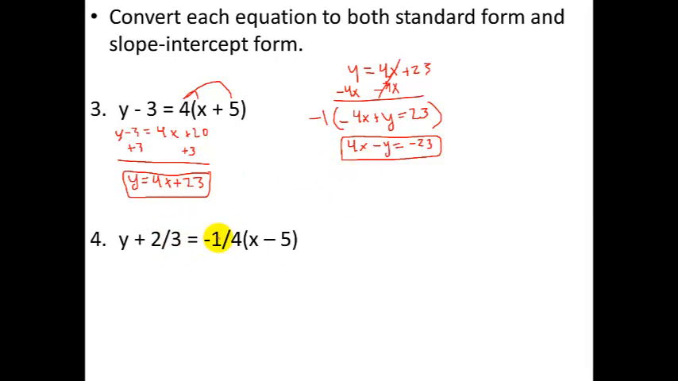Okay, for the next one here, I've got fractions. So if I want to convert to standard form, I have to clear the fractions. If I want to convert to slope-intercept form, I don't have to clear the fractions. So let's go ahead and do them in the same order. We'll do slope-intercept first, so I'll distribute here. So I have y plus 2/3 equals negative 1/4 distributed in gives me a negative 1/4 x plus 1/4 times